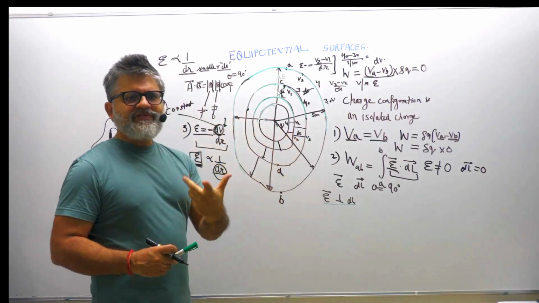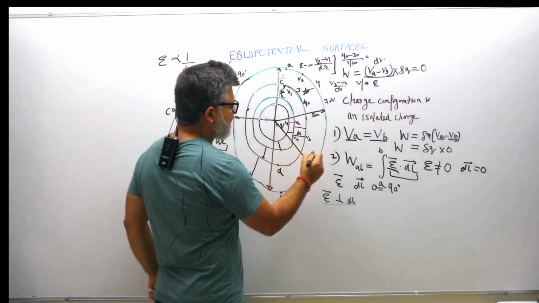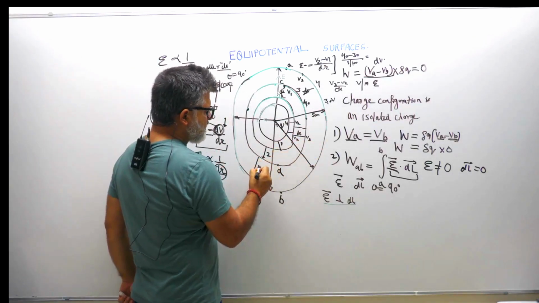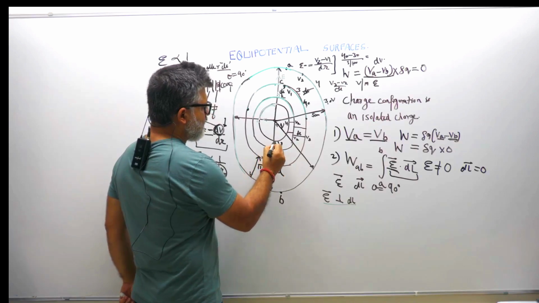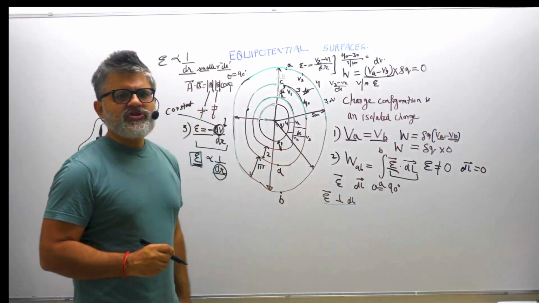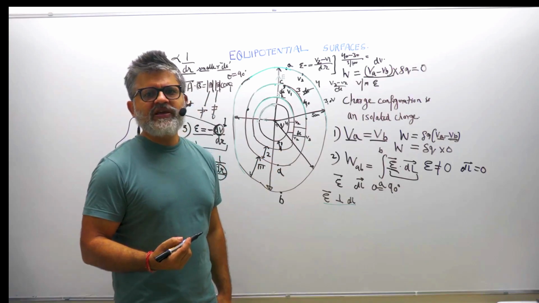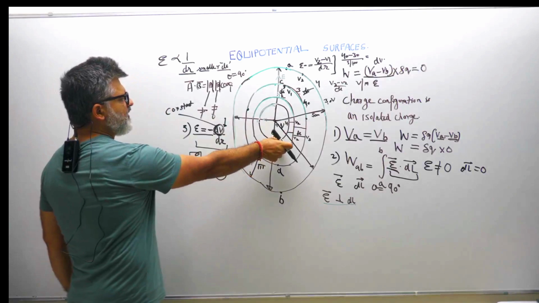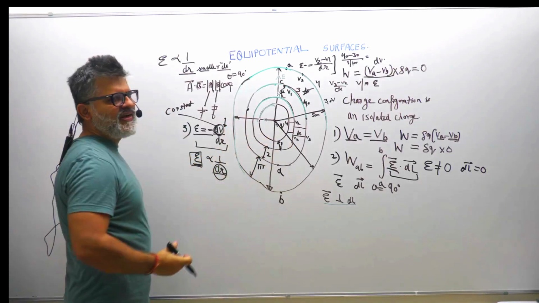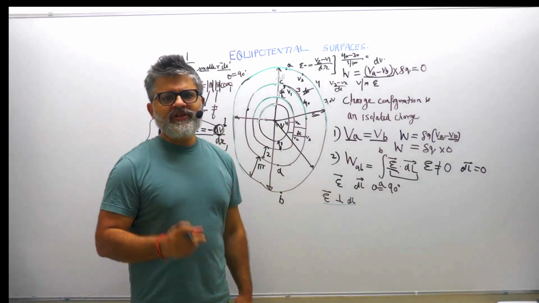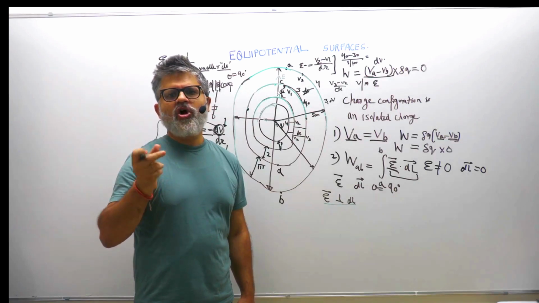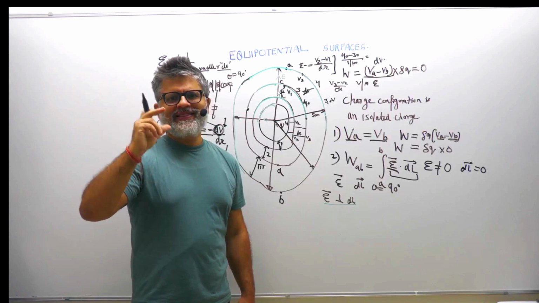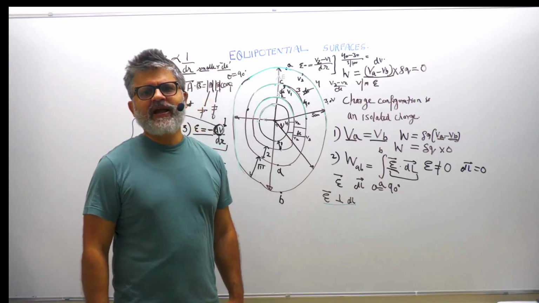If the gap between the equipotential surfaces is increasing, like in this case, this is the first gap, this is the second gap, and this is the third gap from here to here, right? So the gaps are increasing. So the electric field is becoming weaker as you're moving away from the charge. So if dr is small, then the electric field between those equipotential surfaces is strong. But if the gap between the two equipotential surfaces is large, the electric field becomes weaker.